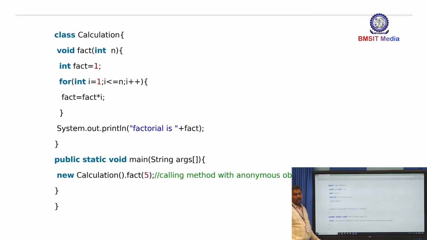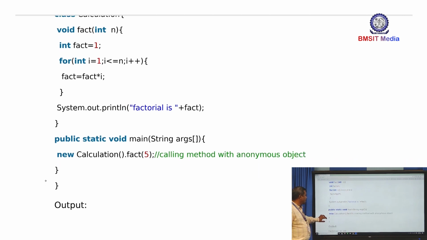The reference is not assigned to any variable name. Straight away with the help of the class name itself, we are calling the methods which are there inside the class. So this is how we can use the anonymous